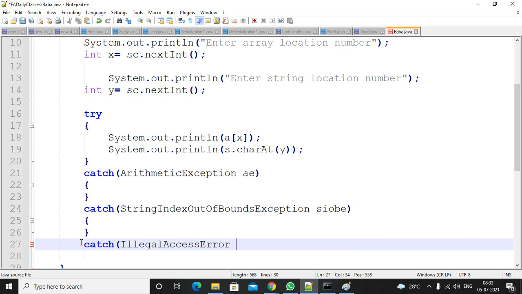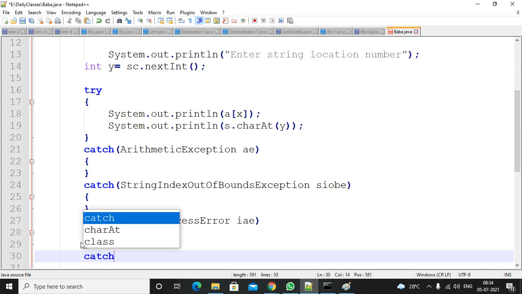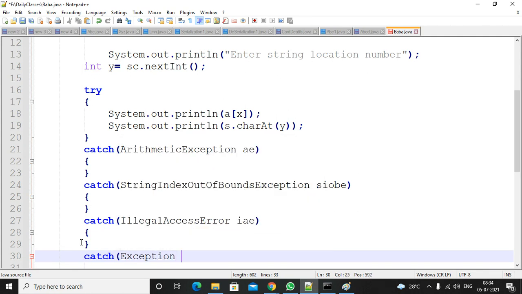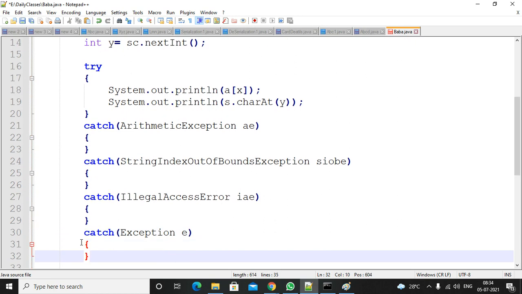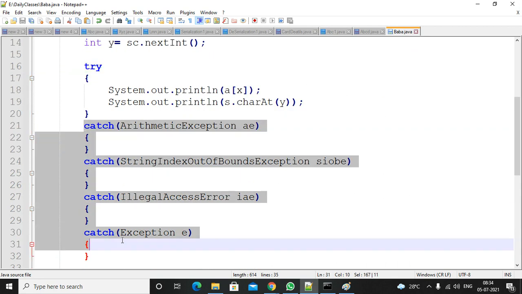This is also one kind of error, illegal access error. You can take anything. So you can write multiple catch blocks, and finally Exception, XCPTION. So one try block with multiple catch blocks.